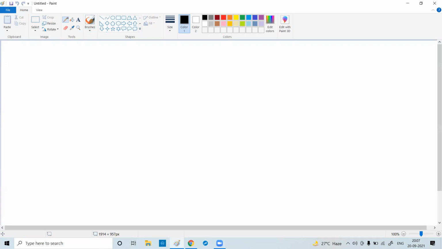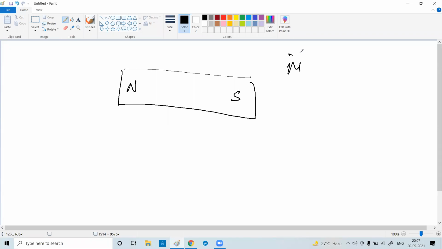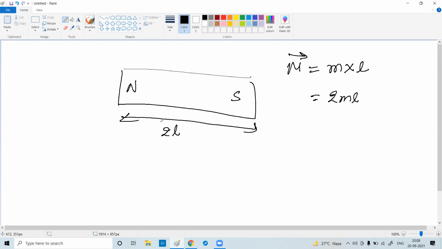I told you yesterday that a magnet has two poles. One is the north pole, one is the south pole. So magnetic moment is nothing but a vector, and that vector is nothing but the pole strength into the length. Some books say 2L, so you can write 2ml. Some write L. Whatever. Why 2L? If you take the distance as 2L, then it is 2ml. If you take distance as L, then it is ml. Where m is the pole strength, L is the length of the magnet. Clear? So this was the dipole moment.